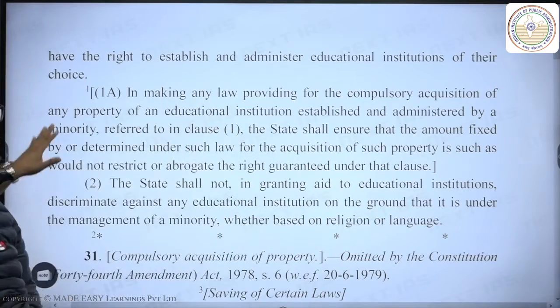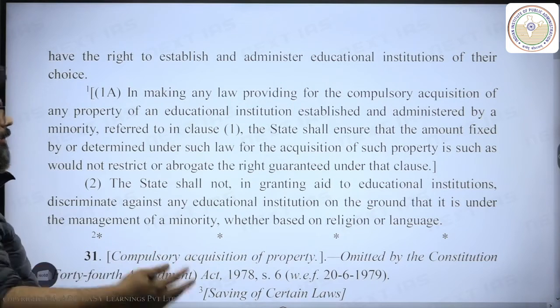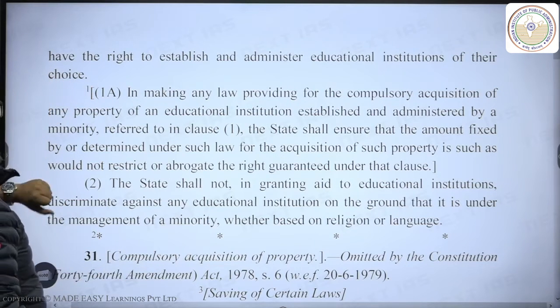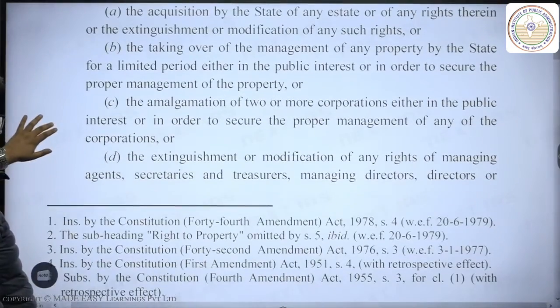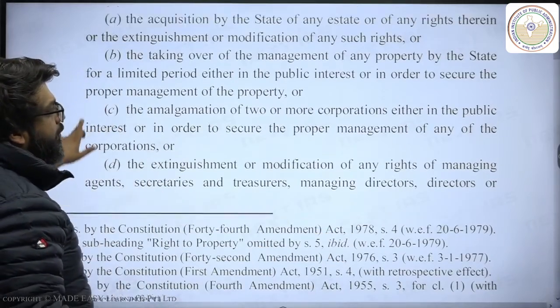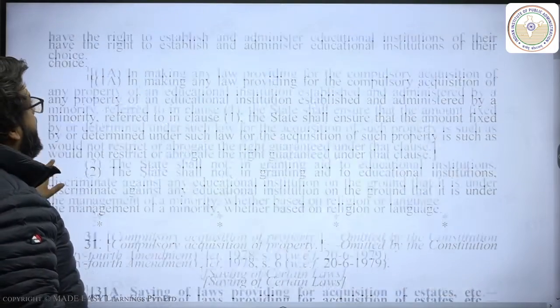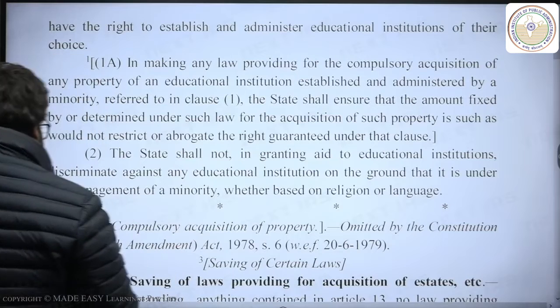And the reason why this particular clause 1A was added was in the context of the Kesavananda Bharati case, because it dealt with acquisition of religious property. So if you actually see the footnote, it says the 44th Amendment 1978, which is after the Kesavananda Bharati case of 1973. And I'm going to come to that in just a fair bit of time.